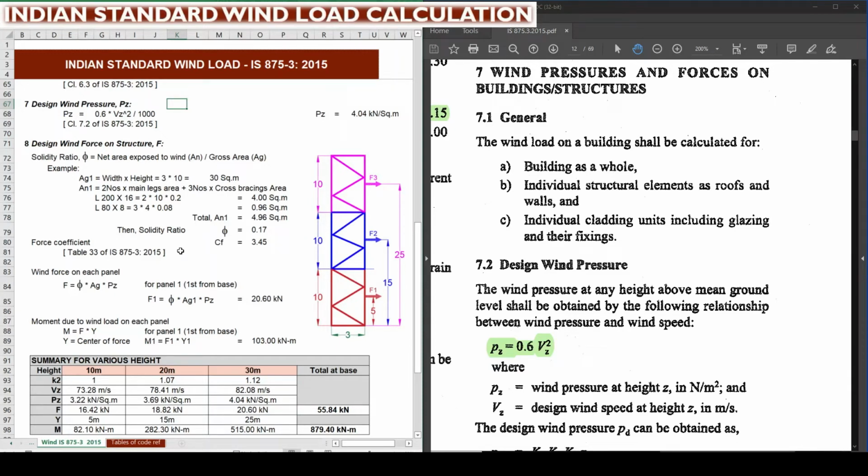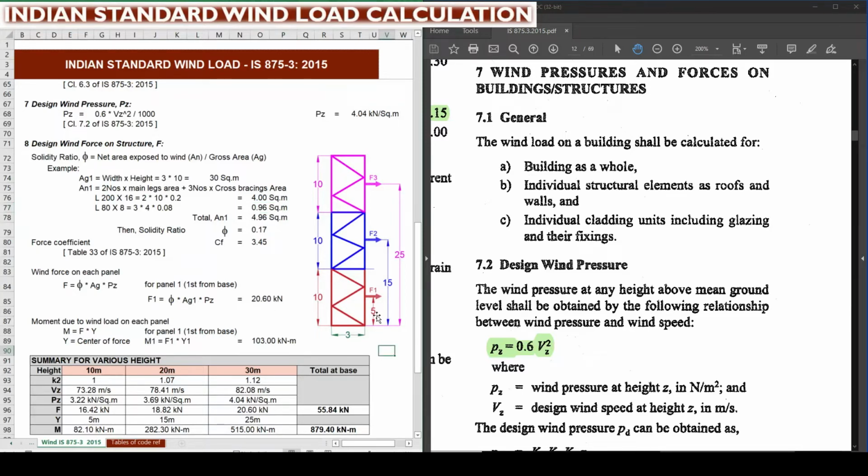For that, in the right hand side of the Excel sheet you can see a picture, which is to be considered as a tower having three segments. The first segment is mentioned in red color, the second segment in blue color, and the third one in pink color. The total height of the tower is considered as 30 meter. Each segment is 10 meter, and the wind forces are indicated as F1, F2, F3 respectively for each segment, and the height of load, that is the center of load